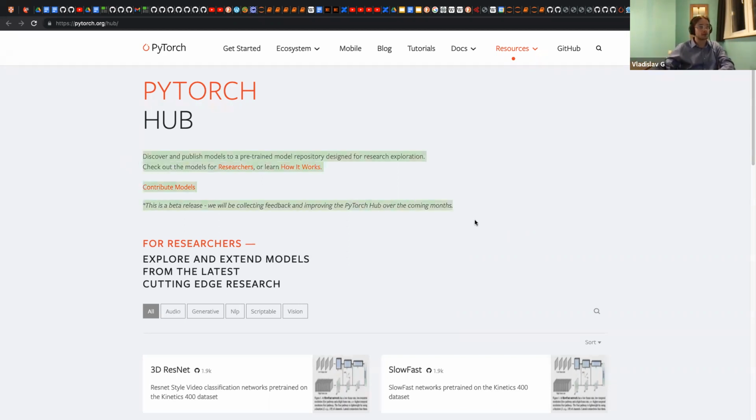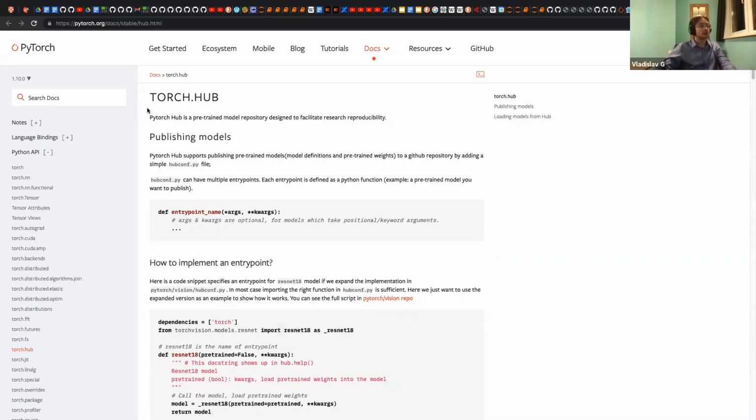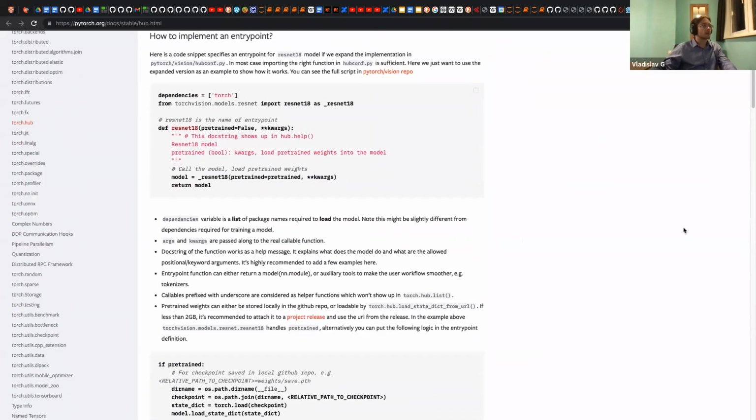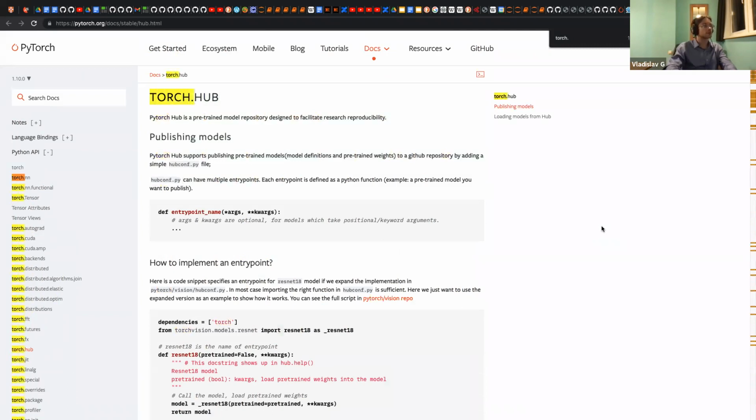This is a very nice thing, but remember about privacy. I mean, if you don't use it for your work, because it's not secure, but for publishing your research and for our home assignments, it will be very nice to use this tool. And it could be used very easily from Torch. So the thing here is torch.hub.